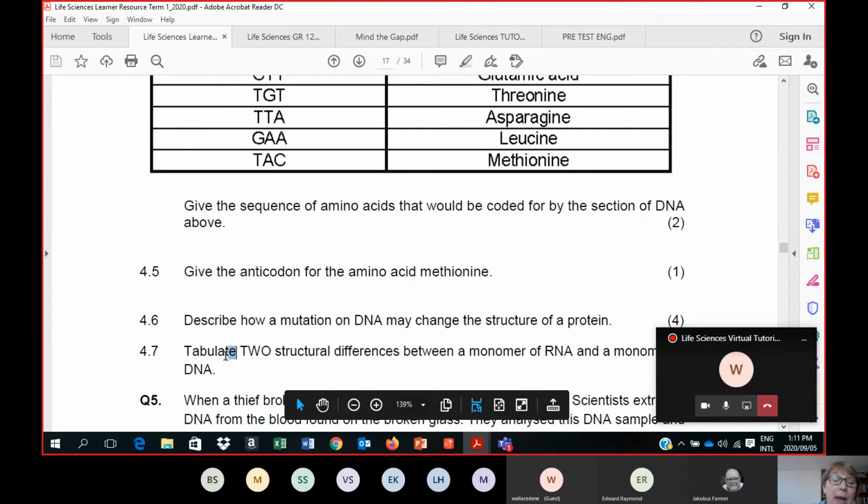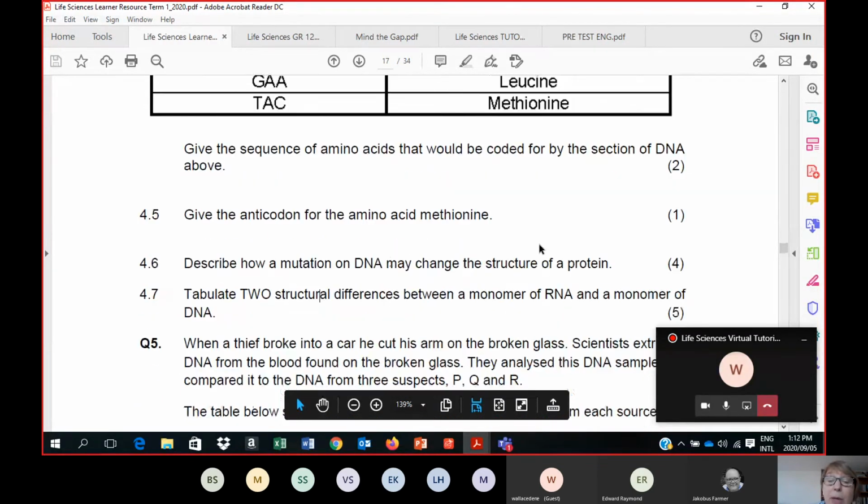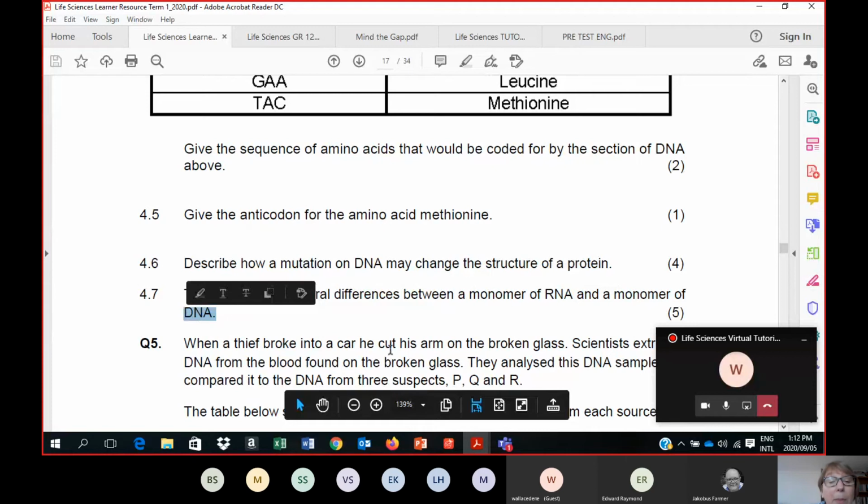This word tabulate is often used in exams as well, and that means draw a table. So a table with rows and columns and headings and so on. So tabulate 2 structural differences between a monomer of RNA and a monomer of DNA. Now remember, the monomers are your nucleotides, and so in your table you're going to have one heading